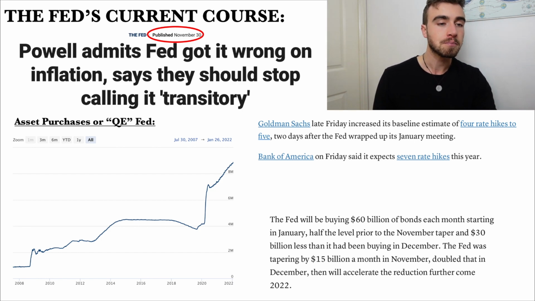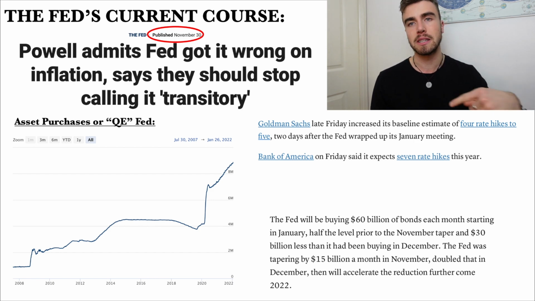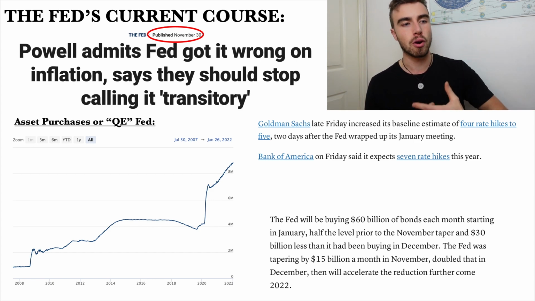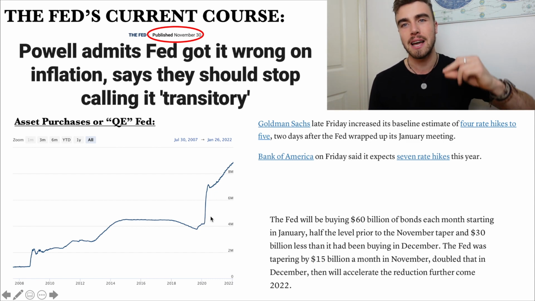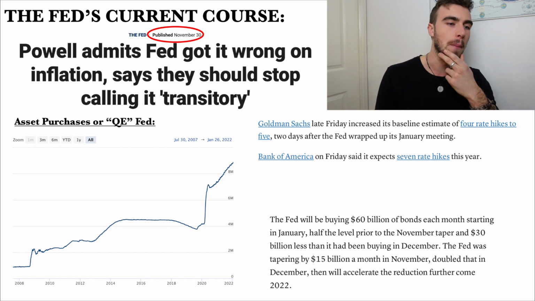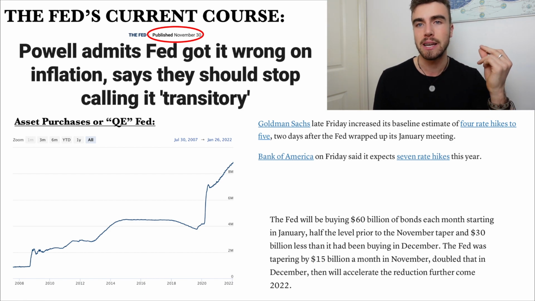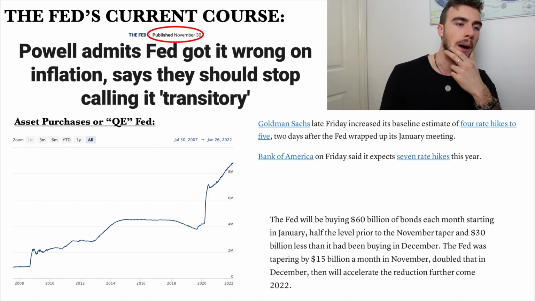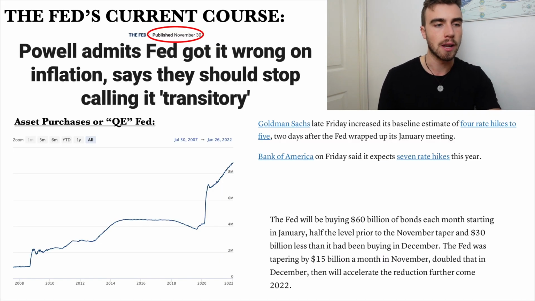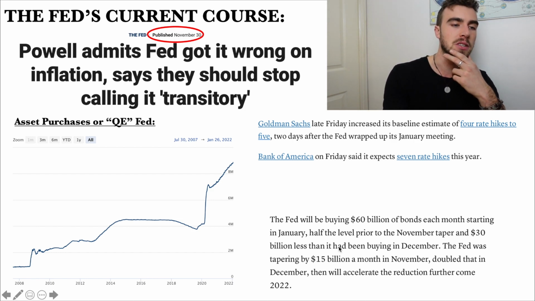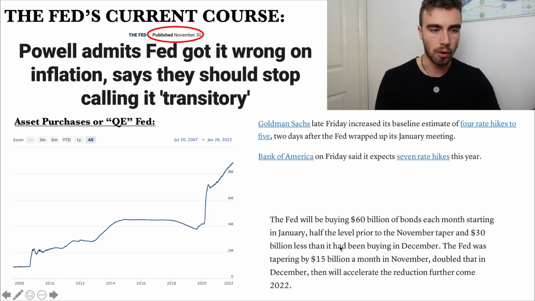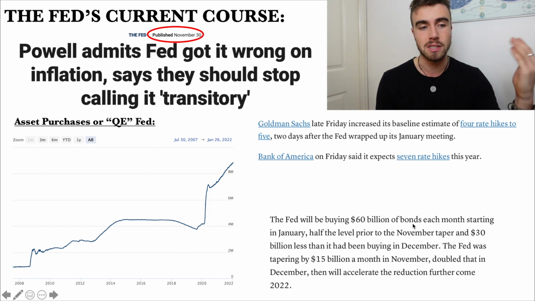So in November, they started this 120 billion monthly bond buying program after the initial liquidity injection. This is the initial liquidity injection. You've got a couple of $1 trillion there just being created out of thin air, about 10% of US GDP annually just created out of thin air. And then about 120 billion of bond buying every single month. And they were still doing that in November of 2021. So the Fed is still buying 60 billion. They bought 60 billion of bonds this month.